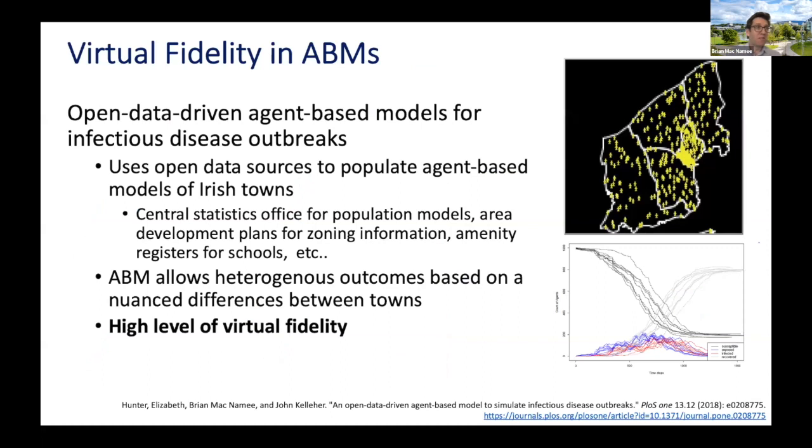The last example that I wanted to touch on was a specific agent-based modeling one. This was work that I did in collaboration with a former colleague, John Kelleher, and our PhD student, Elizabeth Hunter. We were looking at infectious disease modeling primarily within Ireland. Ireland is a good case of being, as we refer to it, small enough to build, but big enough to prove. Ireland has a population of about 5 million people, so it means we could potentially build nationwide agent-based models.